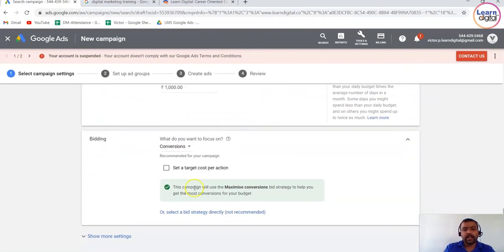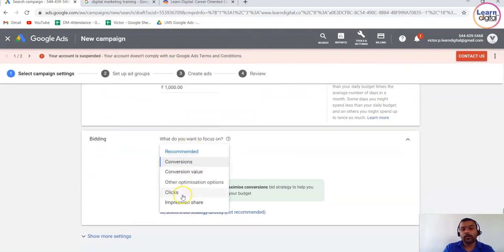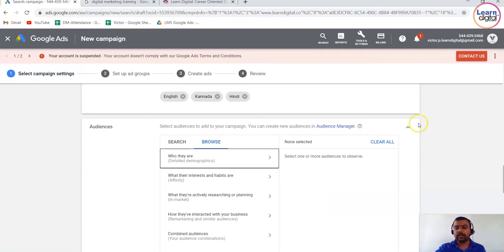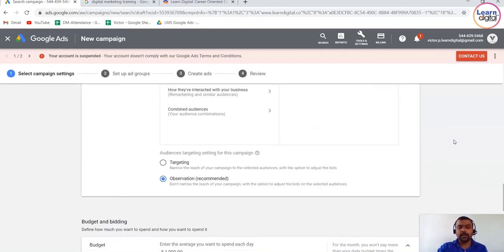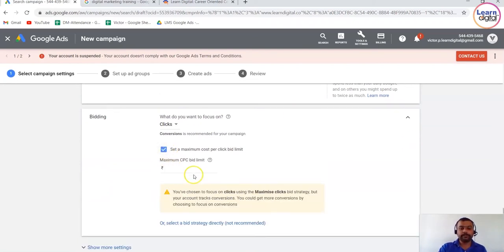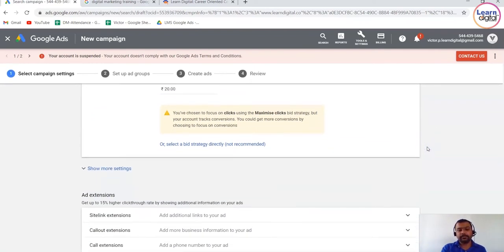The next option what we have is, do you want to focus on conversions or you want to focus on clicks? So I'm creating a CPC campaign over here, so I'll be focusing on clicks. Now I have to set a maximum bid, like for a single click how much money I'm ready to spend. So I just need to click on this option and set a maximum bid. So let's say per click I'm ready to spend 20 rupees. This data you'll be able to get on your Google Keyword Planner, like for a set of keywords how your campaign is going to perform. You have to do the proper forecasting so that you'll be able to understand how much to bid. So let's say I'm going to focus on 20 rupees.